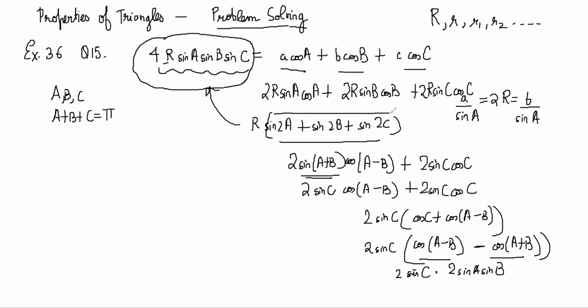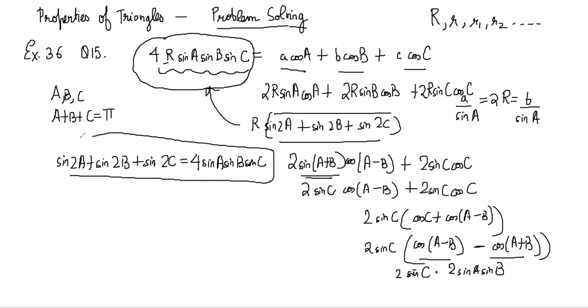This is a conditional identity that is there in the previous chapter, chapter 9 in SL, right? If you check chapter 9 exercise, this will be something that you have proved there already. If A and B and C are angles of a triangle, this is true. Okay. Next, which is the next question?